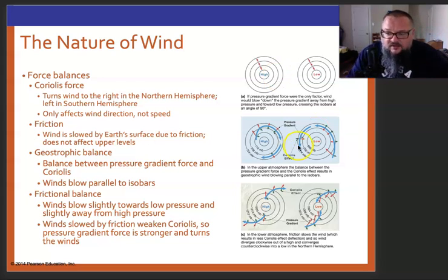We talked about how the air blows around high pressure and low pressure because of the Coriolis force up aloft. That's what we call a geostrophic balance. The balance between that pressure gradient force and the Coriolis force means that air just spins around, right? It blows clockwise around high pressure and counterclockwise around low pressure in the northern hemisphere, and the opposite of that